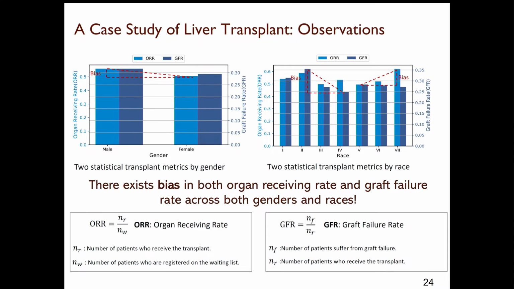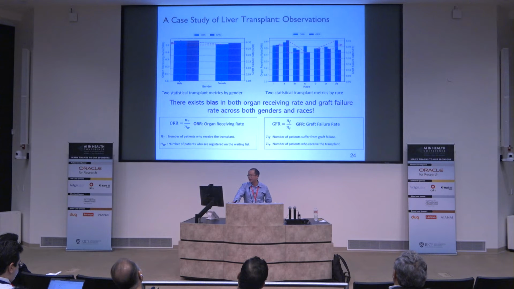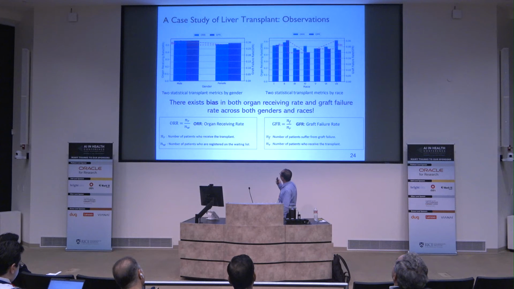For ORR, the higher the better. For GFR, the graft failure rate, the lower the better. It is calculated as the number of patients who suffer from graft failure divided by the number of patients who receive the transplant. From these two tables, we show the ORR score for male and female. Unfortunately, we can see male has a significantly higher ORR score compared to female. And in the second table, we show